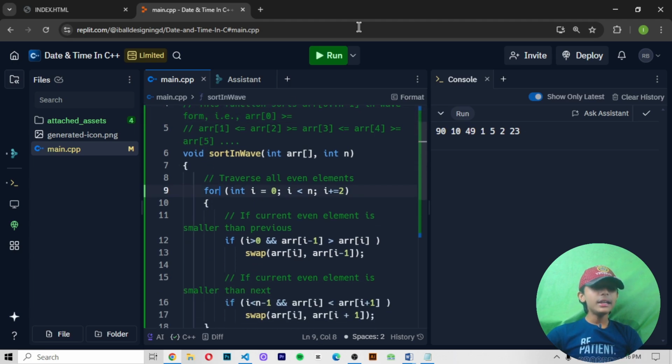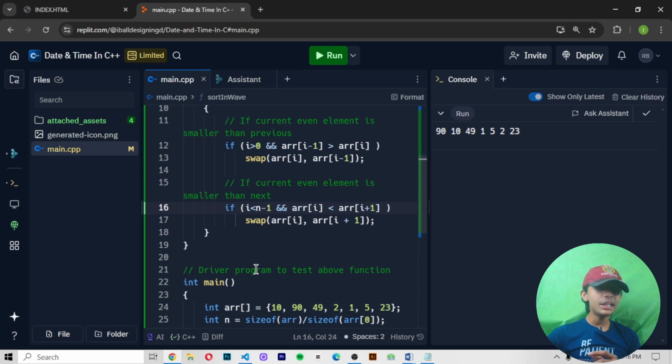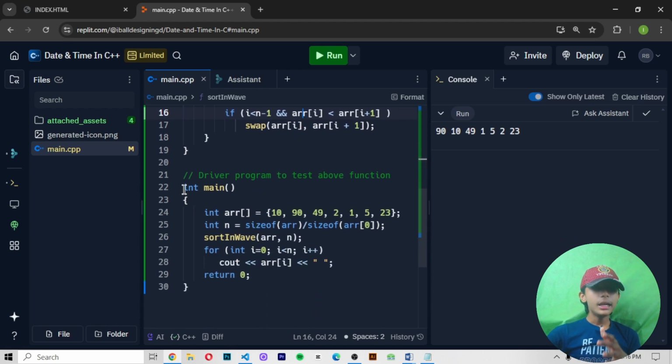Then in line 9 we traverse over all even elements. In lines 12 to 13, if our current even element is smaller than the previous. Then in lines 16 and 17, if the current even element is smaller than the next. Then in lines 22 to 30, we drive our program to test the above function.